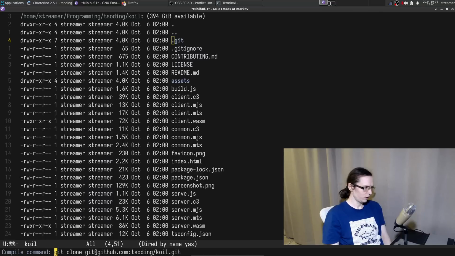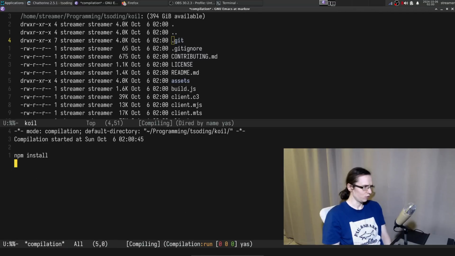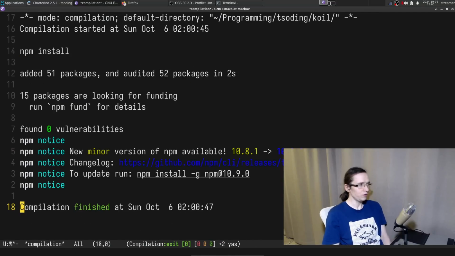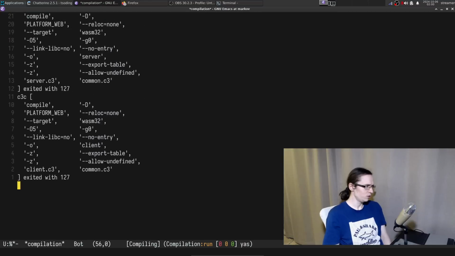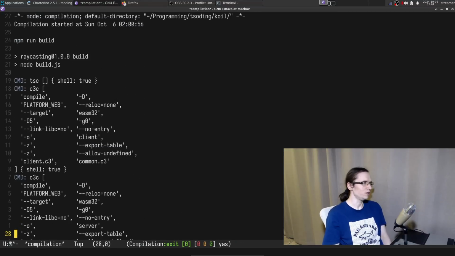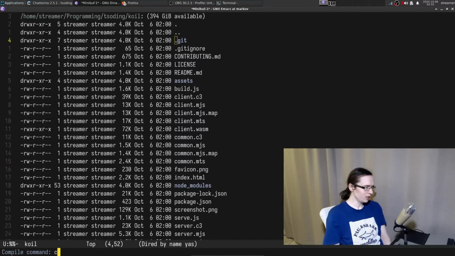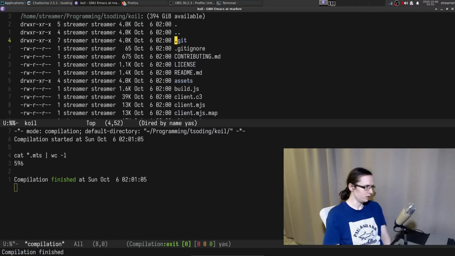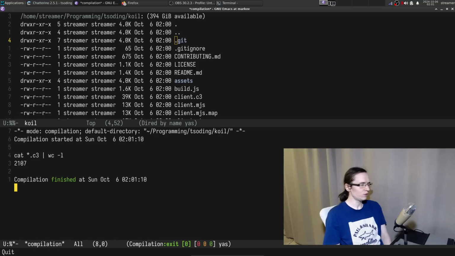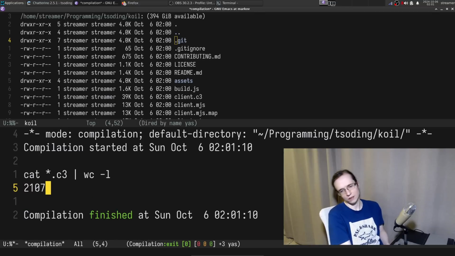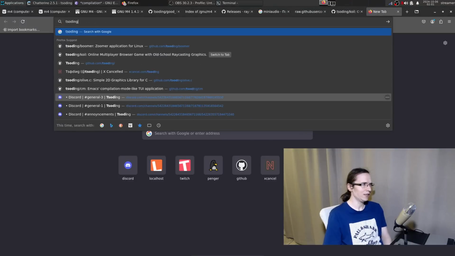All right, so I probably want to do something like npm install to install all of the crappy dependencies of web. So 15 packages, by the way, not that many. The majority of the dependencies come from the web server anyway. So we can try to maybe run the build script. I don't have a C3 compiler in here, so it's not going to build easily, but I don't really have to because the WASM modules are there. So we can take a look at how many lines of TypeScript they have. It's like 600 lines of TypeScript, and how many C3? C3 is 2000. So the majority of the code is written in C3 and compiled into a WASM module. And yeah, the game still works. It still works largely as it worked before.